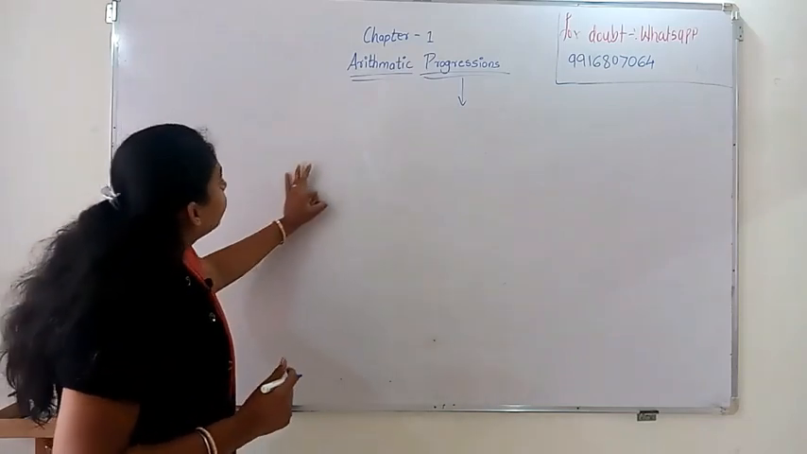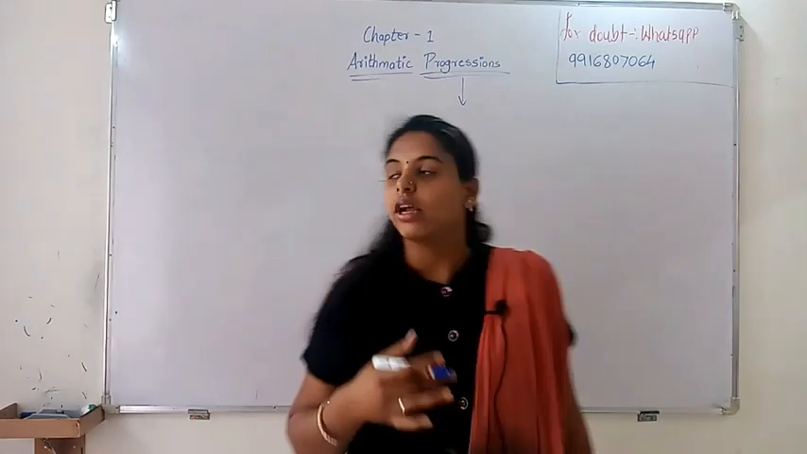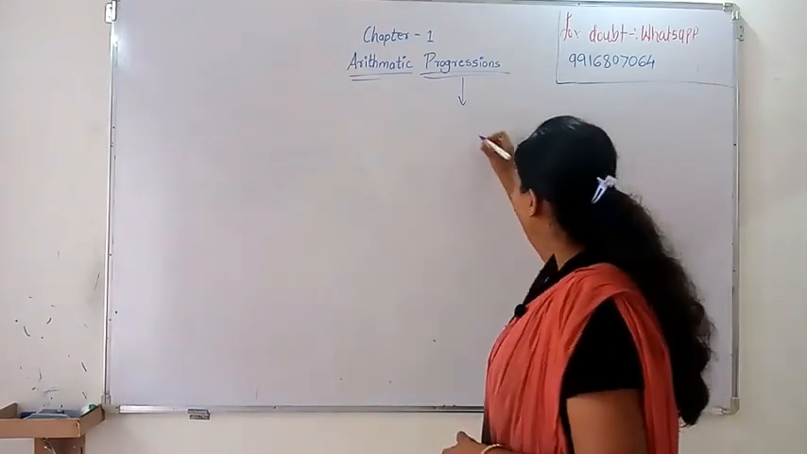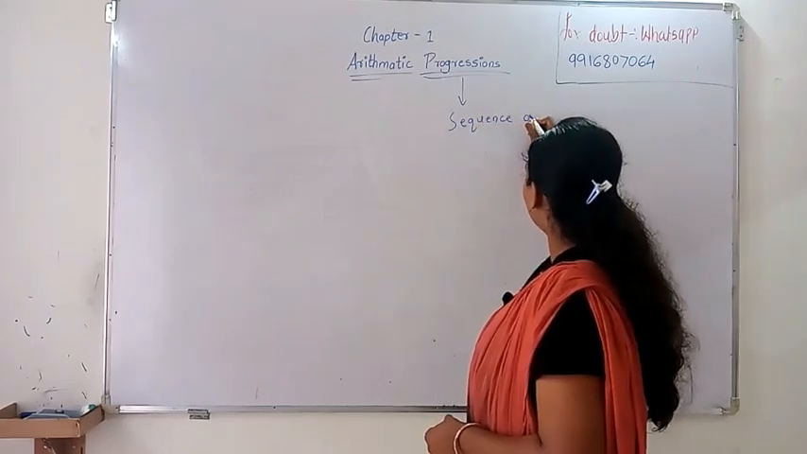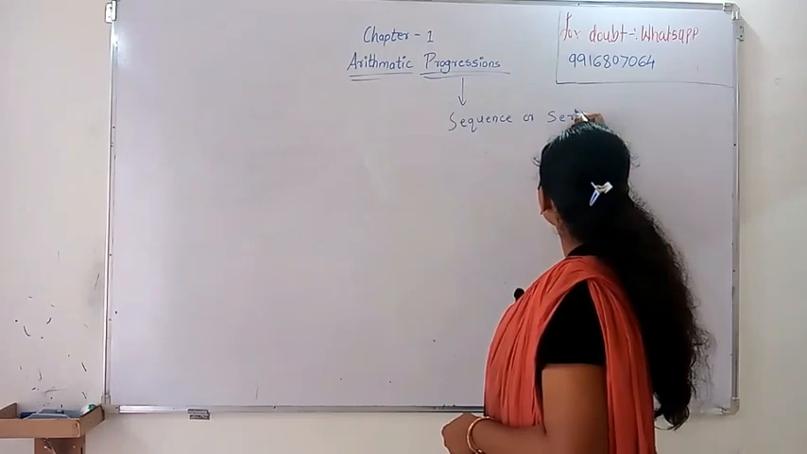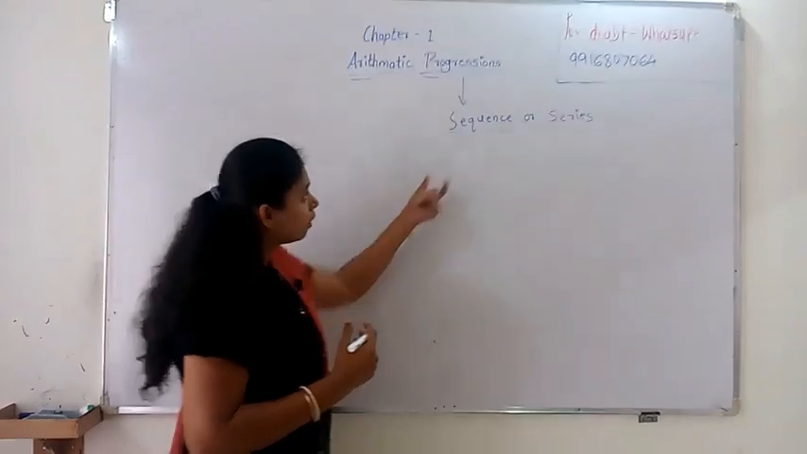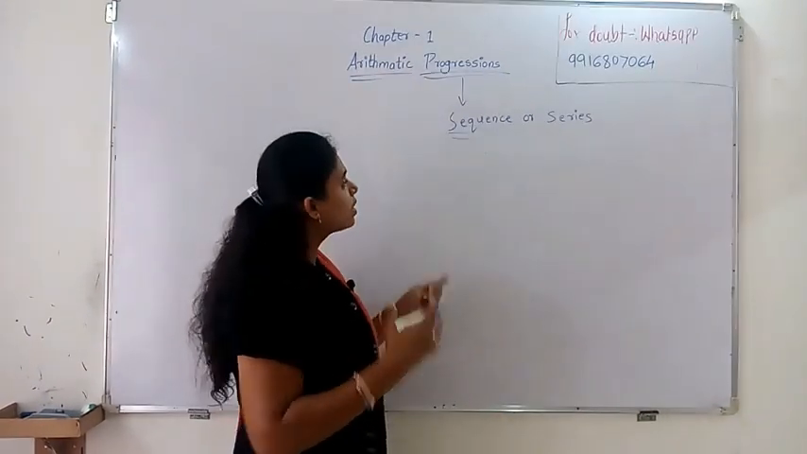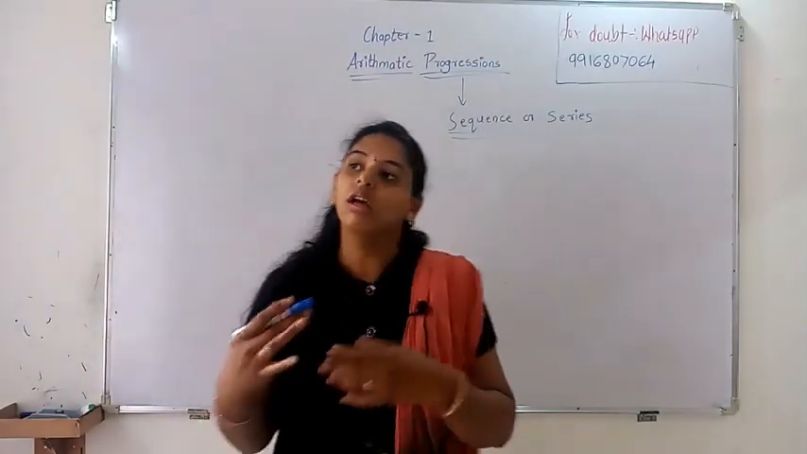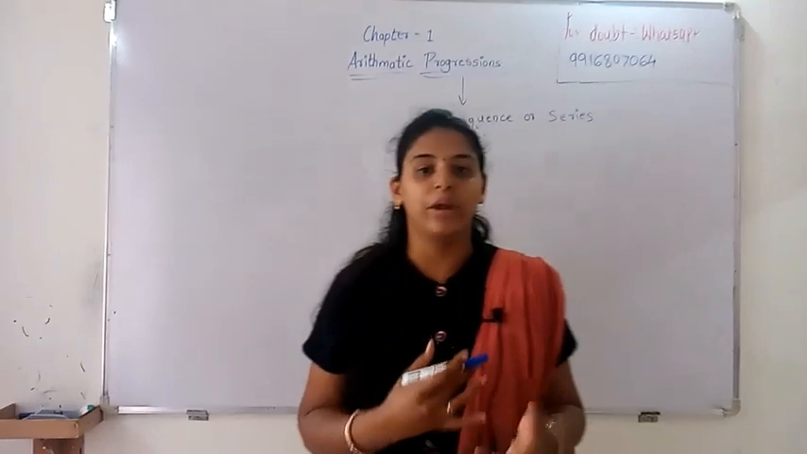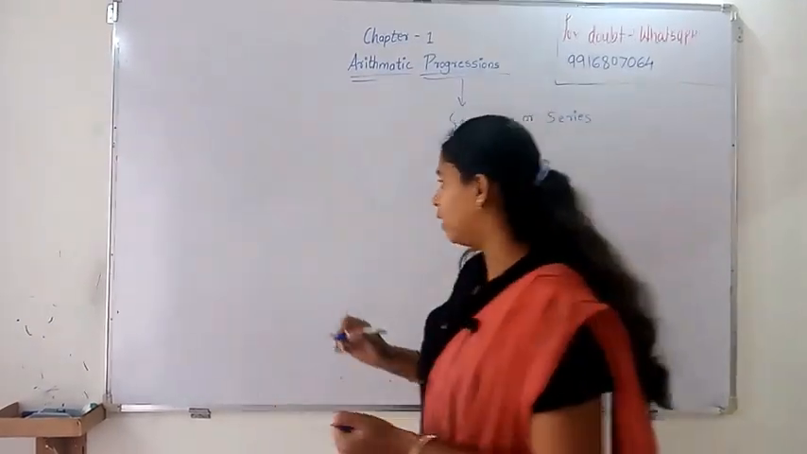So where I was, progression means what? Development, correct? One meaning is development, another is sequence or series. So here we are going to take this meaning, sequence or series. Progression means sequence or series. So we have observed there are many things around us which follow some pattern or some sequence. For example,